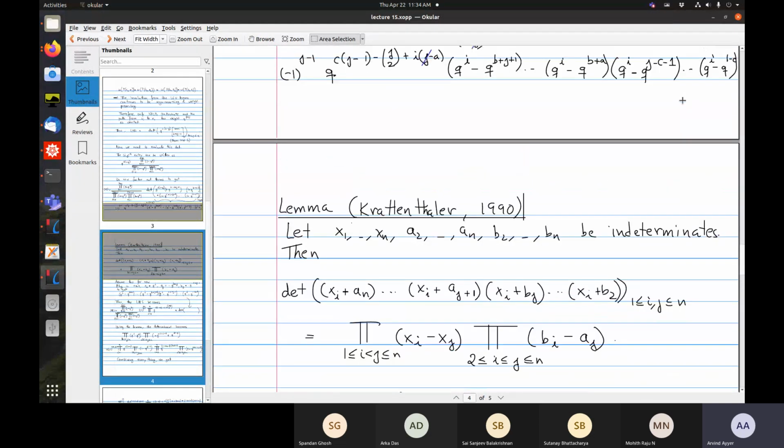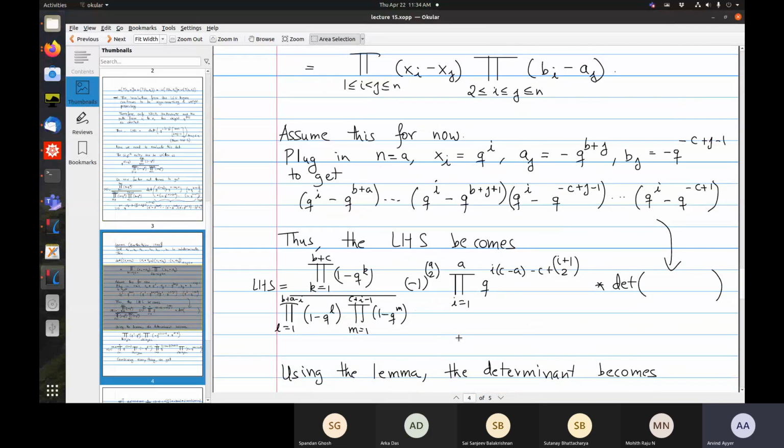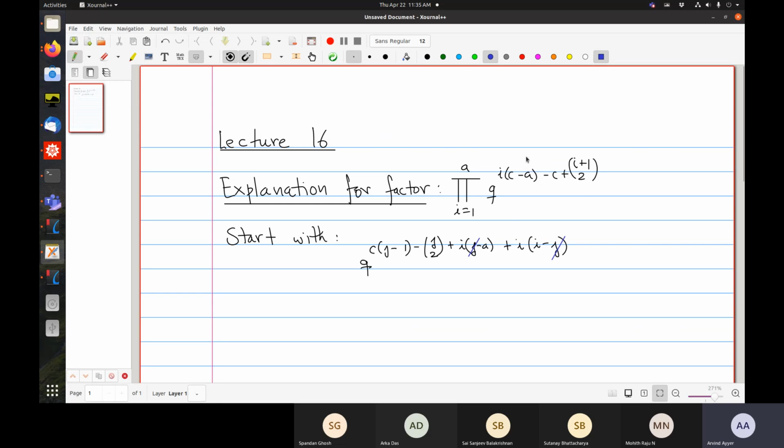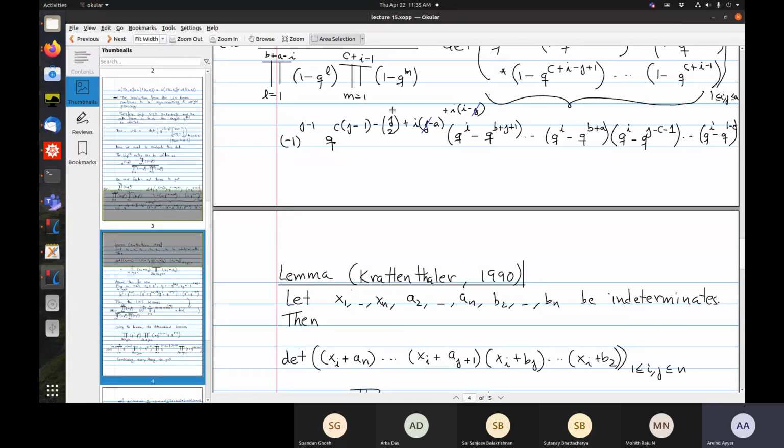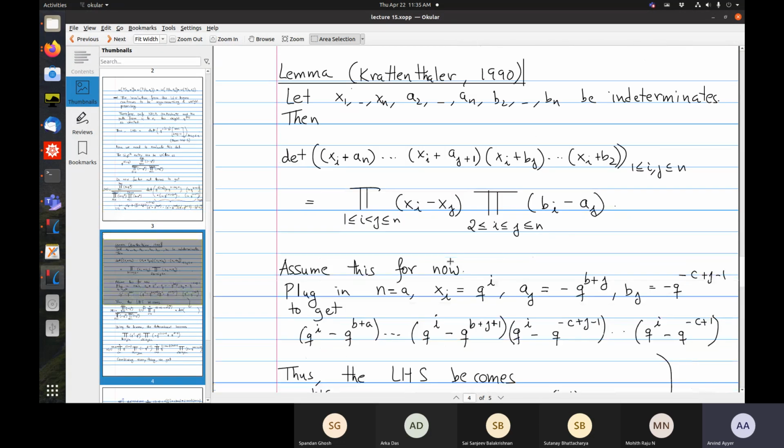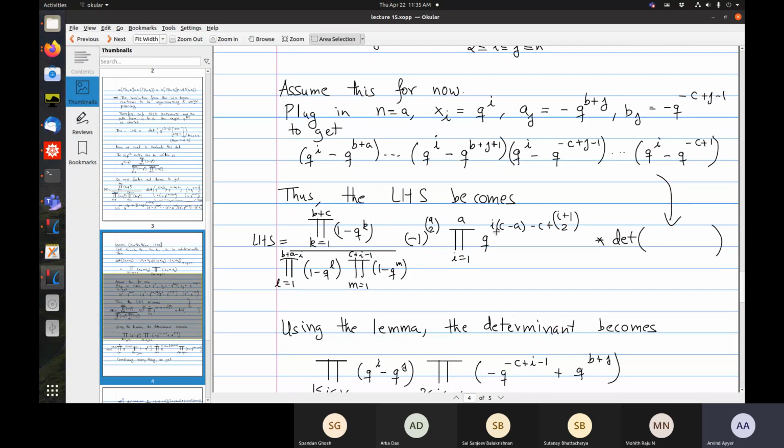That's this factor. Okay, and then I wrote this step, and I got horribly confused as to how this factor came about. So let me just clarify that quickly. This is what I've written. I want to explain this factor, and it's actually elementary. I just confused myself. This was the prefactor over there, and we have obtained exactly this from Krattenthaler's lemma. And so what remains is exactly this. What remains for me to explain is this prefactor. Remember, I had already explained this.